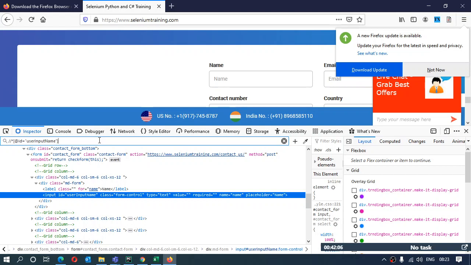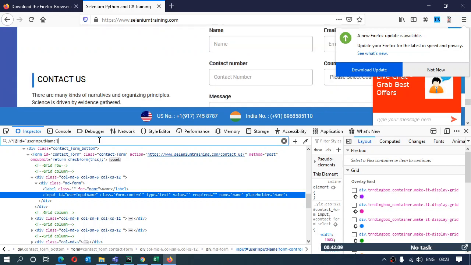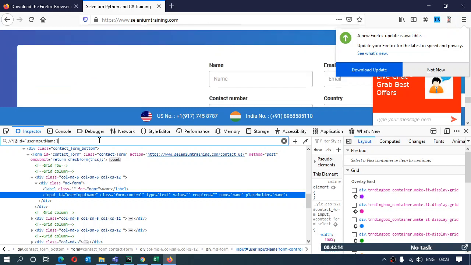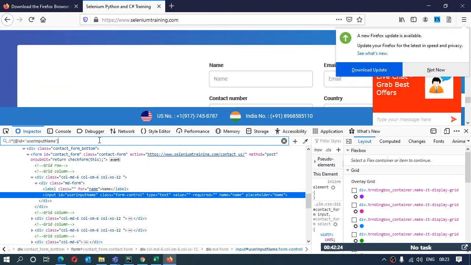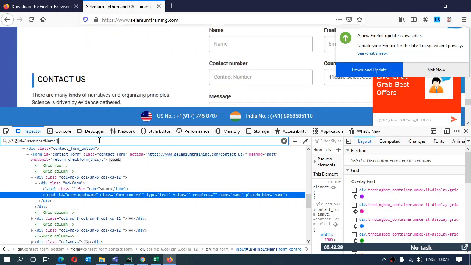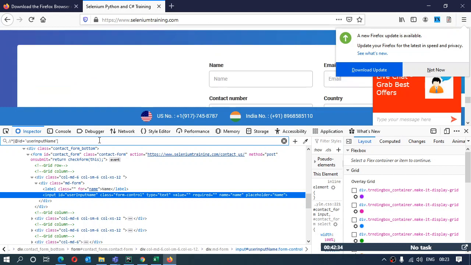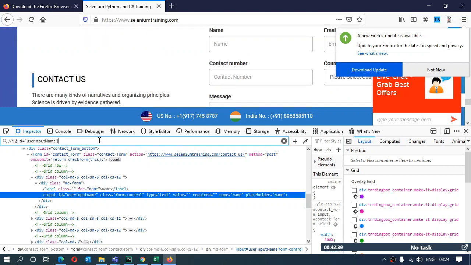Firefox always gives you only one option, and it depends upon its funda what it is going to return. But Chrome gives you two different options to get what you want. Right. But on Firefox there are more tools available which are more helpful. Like when you're making your own XPath and want to check how many elements are being found by that XPath or by that locator, the tools are available here to check that. There are two different tools.